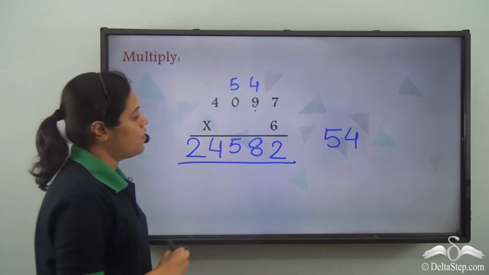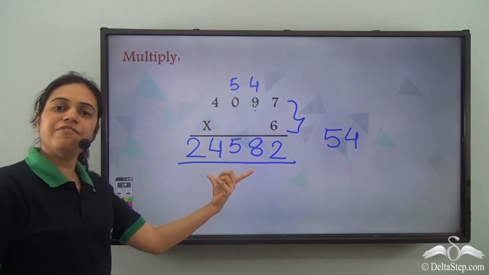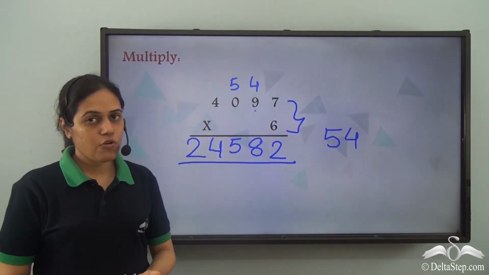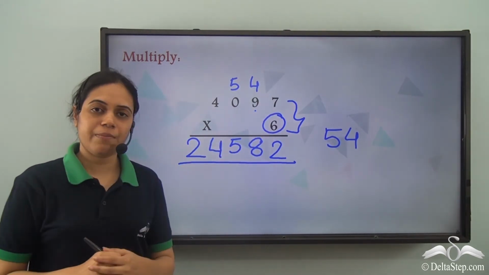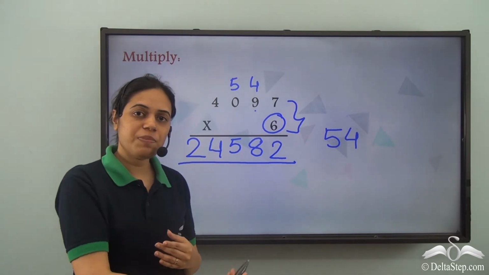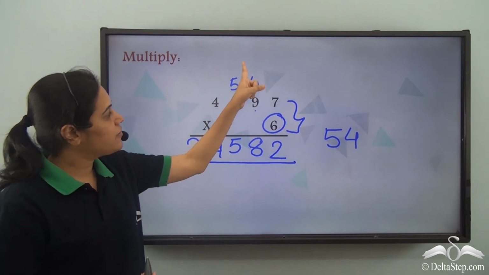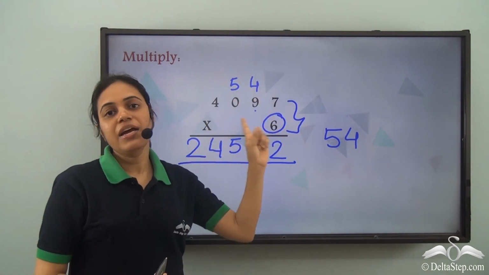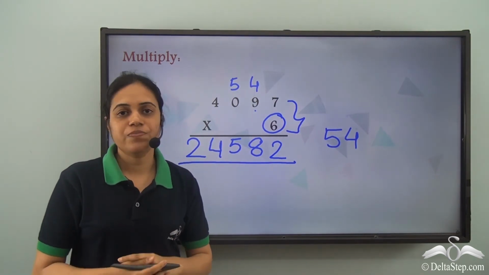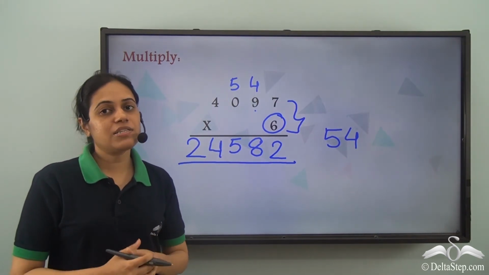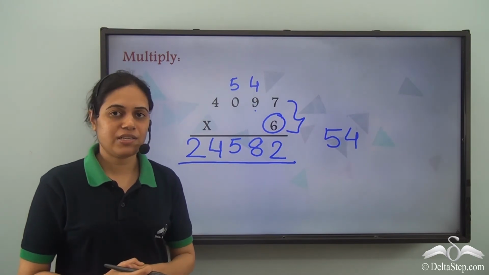And this is how I can multiply these two numbers. So I get a 5-digit number. And this is how you can multiply any number by a single digit number. Start from the rightmost place and keep on moving one place to the left. If there is anything which is carried, it is added after multiplying that digit. So try and practice more and more sums of this type till you get them all correct.